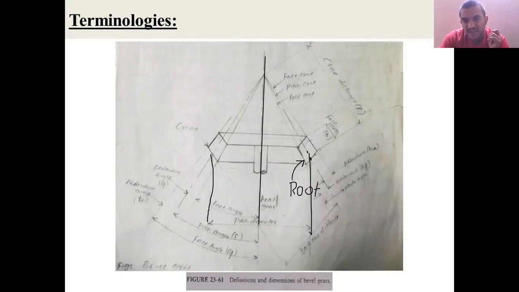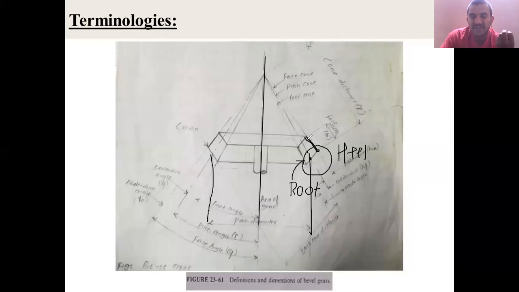Another one is this. This is called the face width of the bevel gear, and this is called the crown at the top. And again in the bevel gear, you can see that the outer, larger diameter portion we call the heel, and